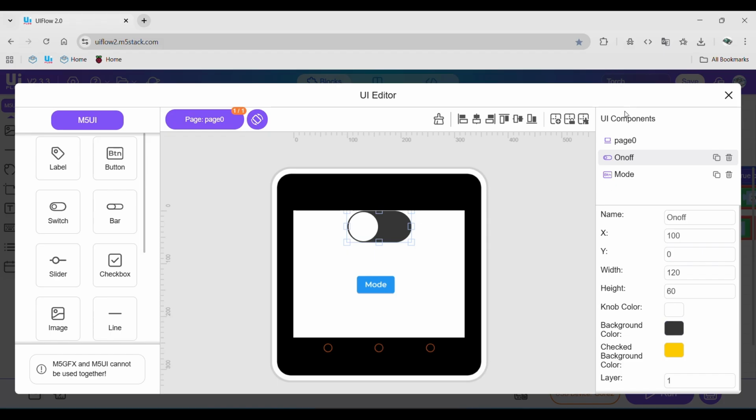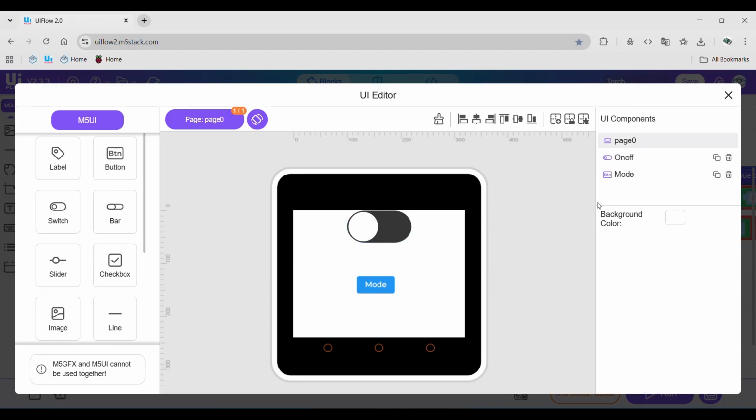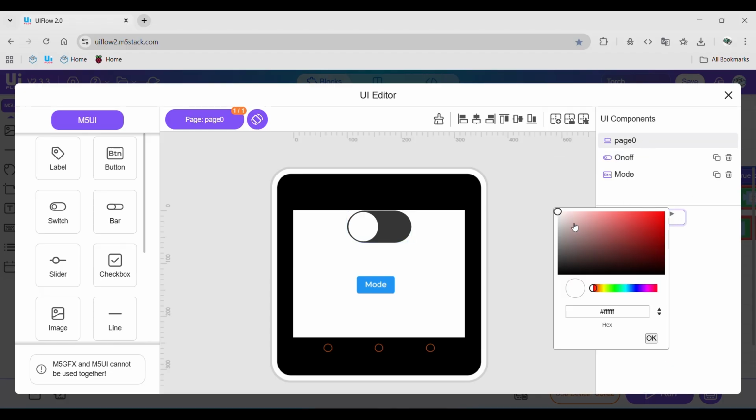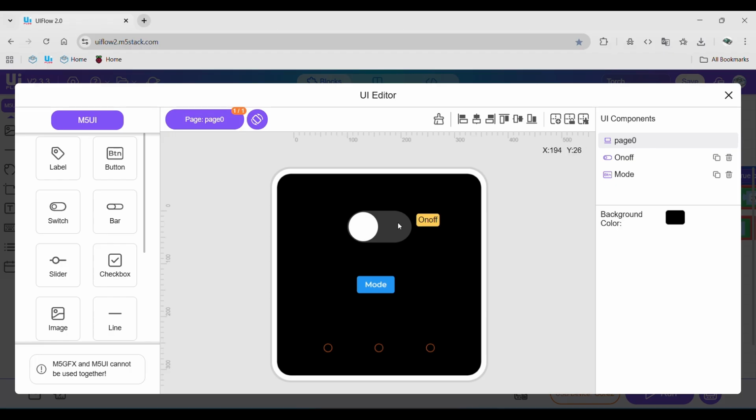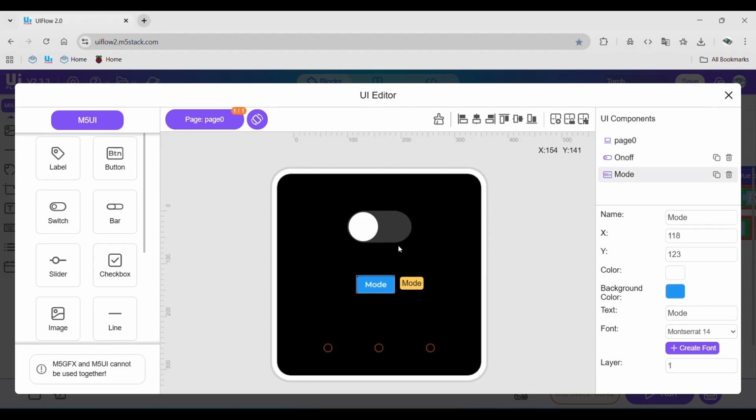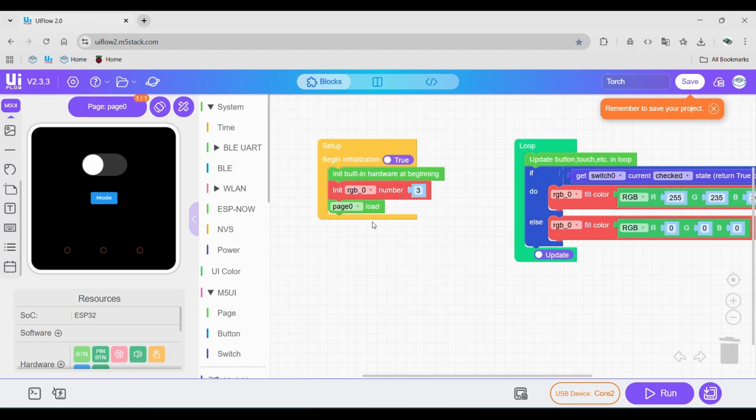So that makes it slightly lighter than black, which means now when we go into the background color blocks and select this, we can drag this down to black, and this on off switch will still show up even though it's basically black. Now that makes the screen a lot darker, which should hopefully mean that you don't use the screen as the torch rather than the RGB unit. Let's just check this mode block is centered in the center of our screen, and then we can exit the